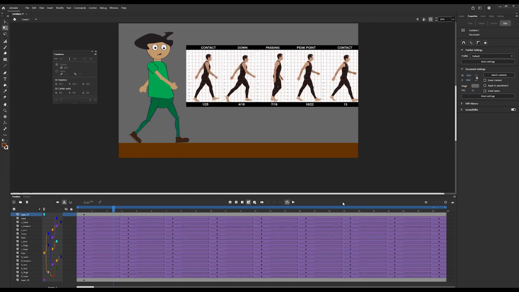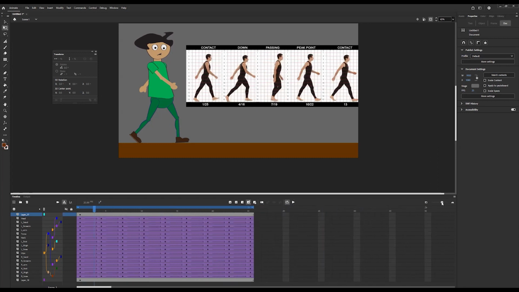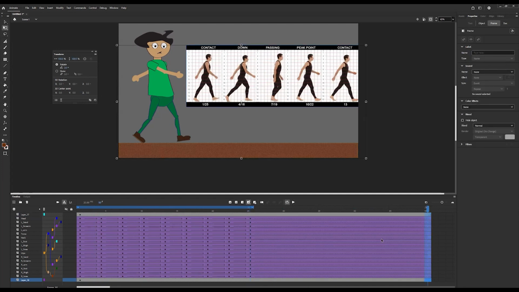If I want to repeat this walk cycle, how can I do that? For example, I want to repeat it, make the walk cycle for 2 seconds. First of all, I need to open the keyframes. To open the frames by inserting a blank keyframes, you can press F5, and then you need to select